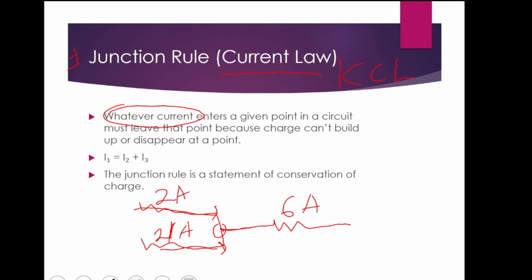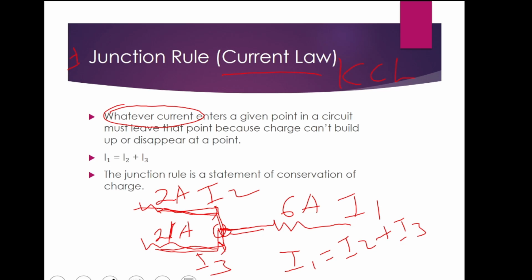Junctions. At this point, these two currents meet each other, so they give us the leaving current. If this is I1, if this is I2, and this is I3, let's name them for the time being. I1 is the sum of I2 plus I3. Why? Because charges never build up from nothing or disappear,